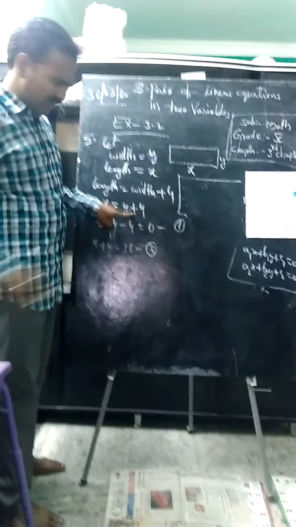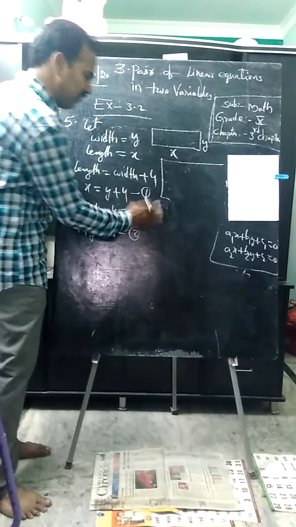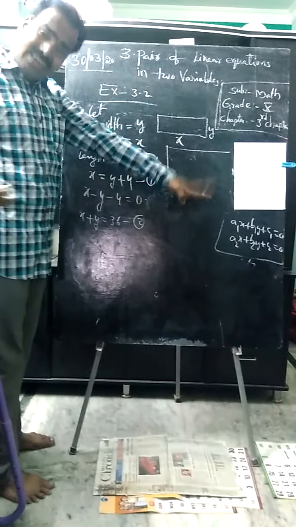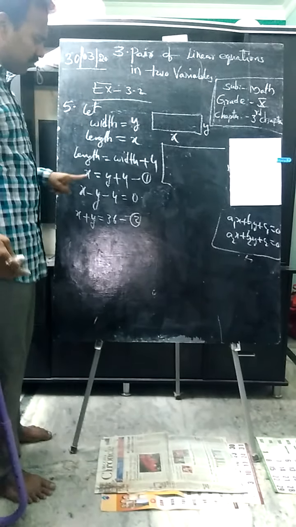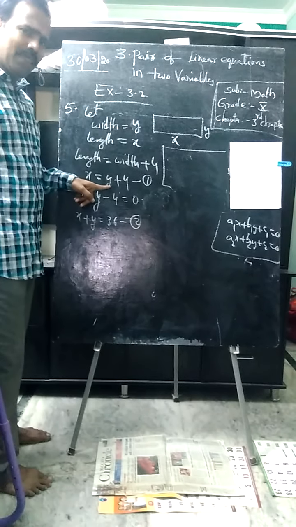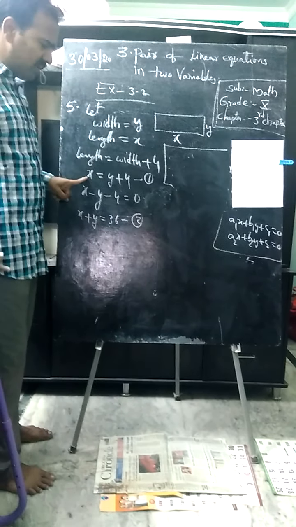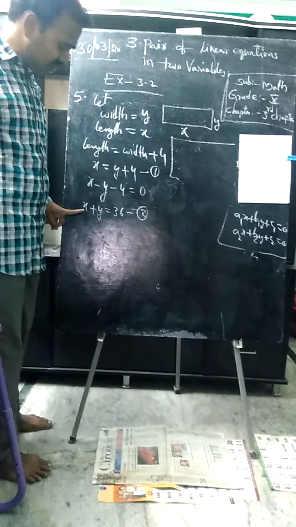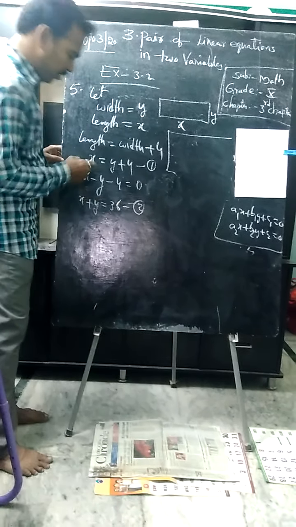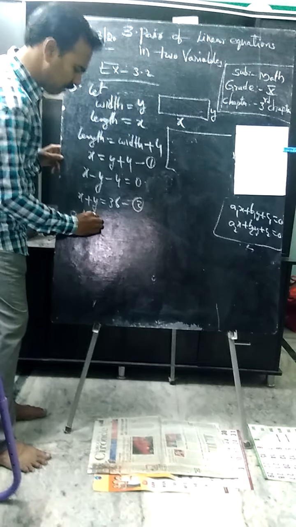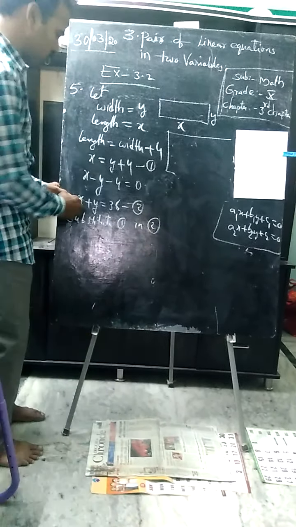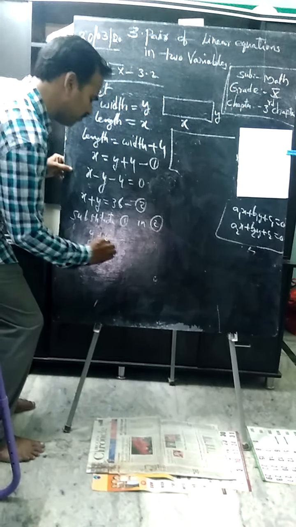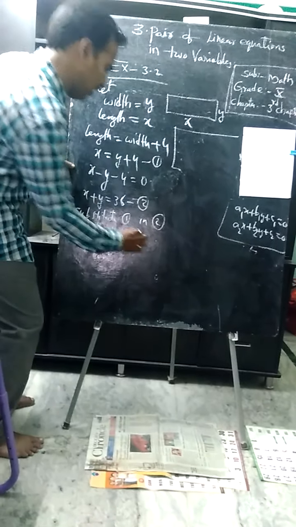So we have two equations. One is x is equal to y plus 4. Let me take this as 1 now for our convenience to find them. To check whether the solution is unique or not, we wrote the standard form like that. But now we are using this form because to find the x value and y value, I mean the length and width of the rectangular garden. Here equation 1 is x is equal to y plus 4. Equation 2 is x plus y is equal to 36. Substitute 1 into equation 2.